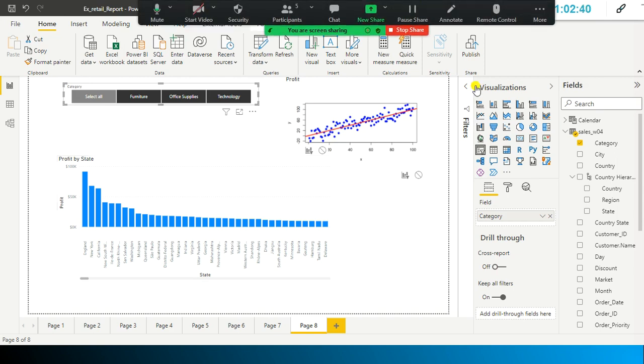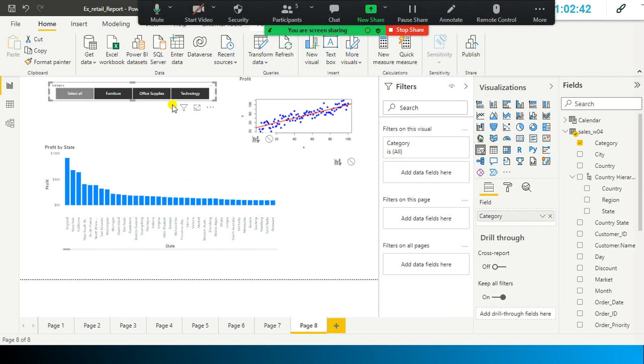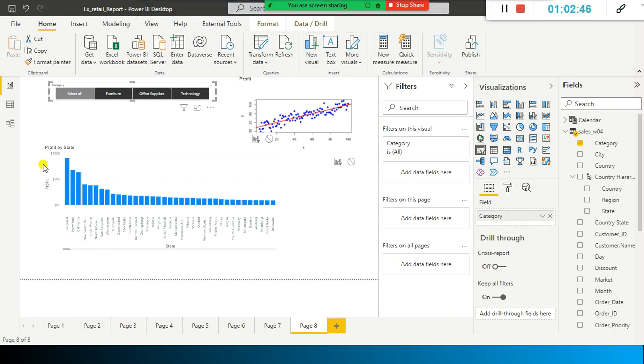You might be asking this question: in this case, I'll go and drag and drop filters on all pages. But the challenge here is I don't want to use this slicer in all the pages, only in specific pages. For example, I want to use this slicer in the second page, fourth page and fifth page. Only there I want to copy paste this. Instead of copy pasting it, is there any other way?